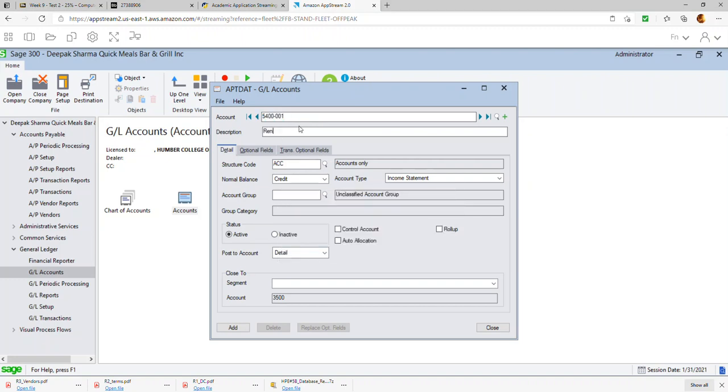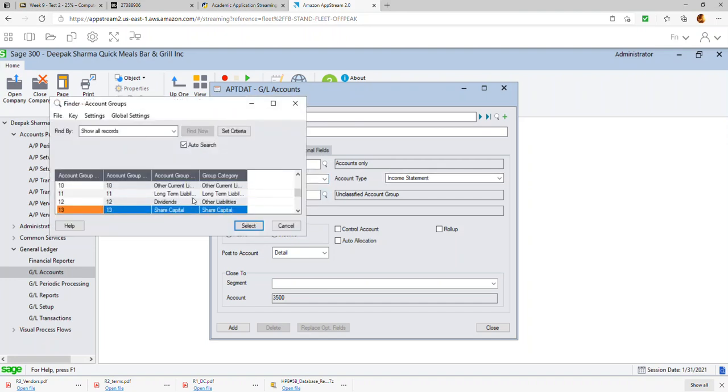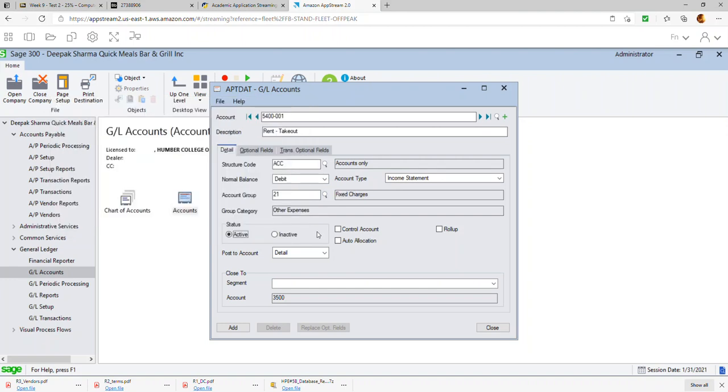And here we can call this rent takeout. 001 is for the takeout, yeah. And then here we say it's a debit, income statement, and other expenses. We can just put fixed expenses, and the structure code is department because this has a department number, and we click add, and then we do